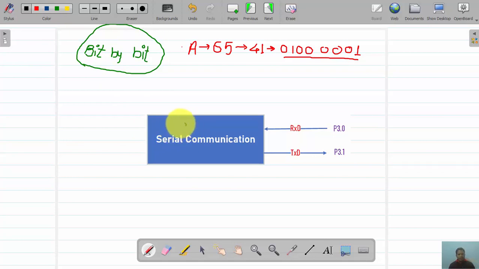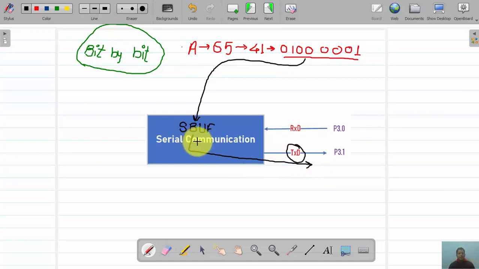In serial communication, basically one 8-bit register is there. This internal 8-bit register is called the serial buffer register, that is the SBUF register. What is the use of this SBUF register? Whenever we want to transmit any data serially, we have to copy this data into the SBUF register, and once we put it into the SBUF register and start the serial communication, the data is transmitted through the TXD pin. TXD stands for serial transmission.